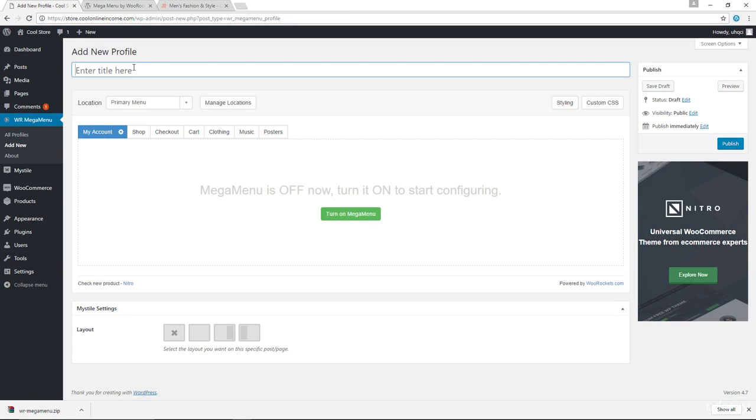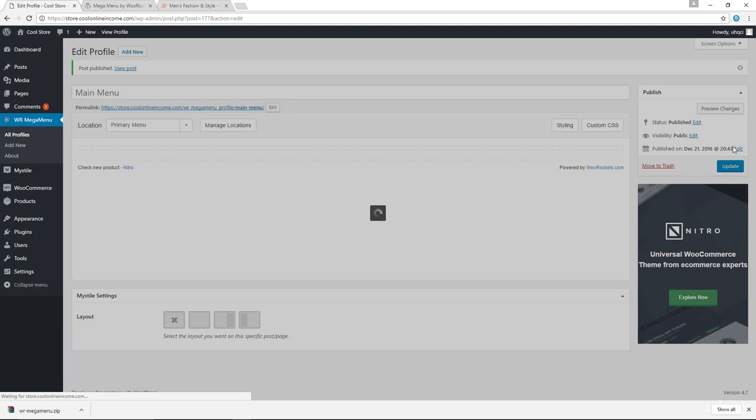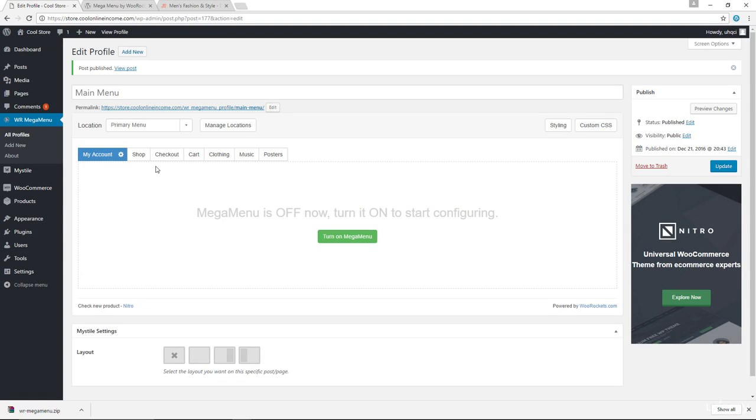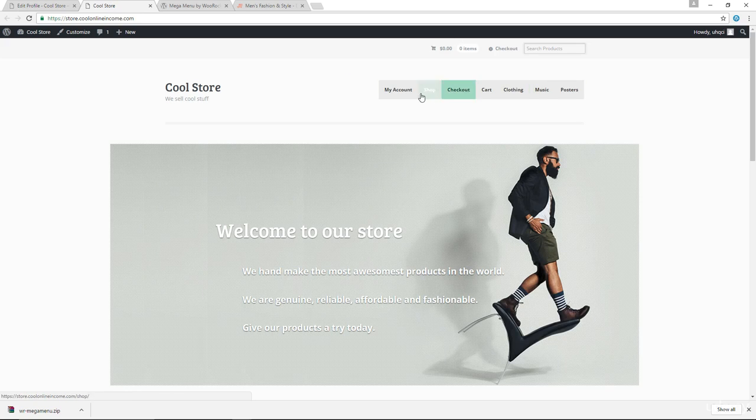And now in here, the title is going to be main menu. As you can see, the location has been set to the primary menu. This is the menu where we want to turn on the mega menu. So I'm going to click publish. All right, now here are the top categories that we have on our main menu. As you can see over here, these are the menu items that we have. The subcategories aren't showing,